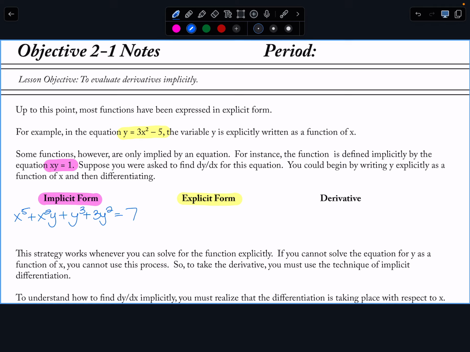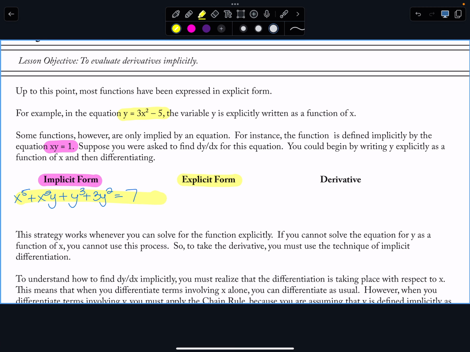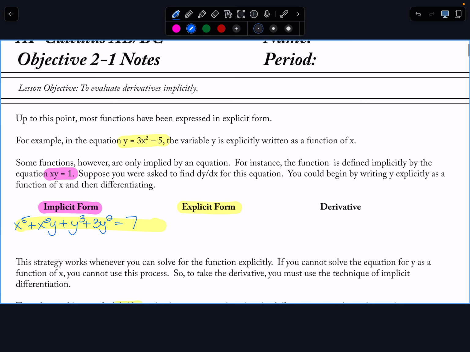Okay? And I'm going to need to take the derivative of situations like this. And that's where we do implicit differentiation, which is finding a dy dx. Now, way back in the beginning of time, we had equations of y equals something, and then all of a sudden I changed notation on you and said, hey, we got f of x now, right? And the one thing that we would always say is y is the same thing as f of x,